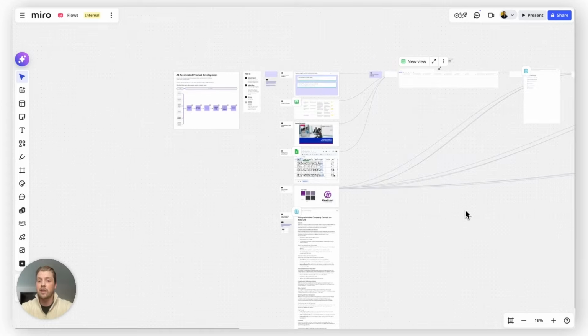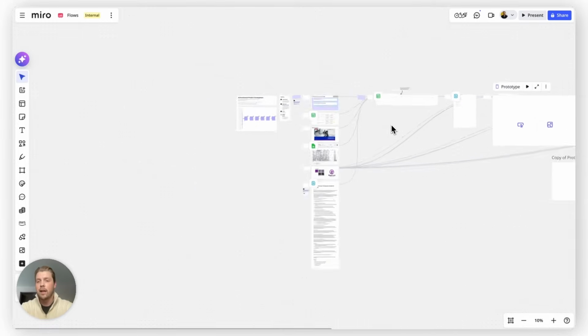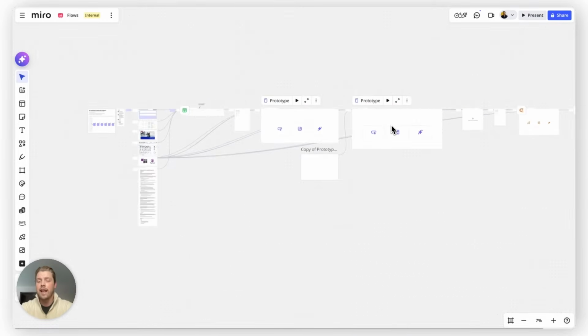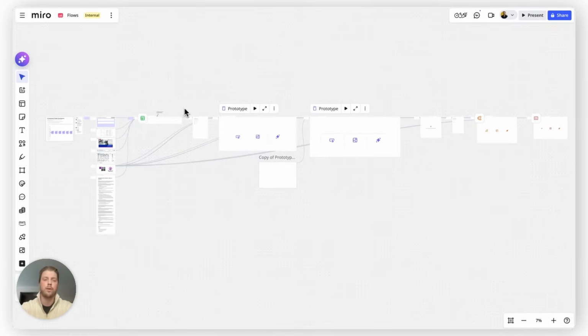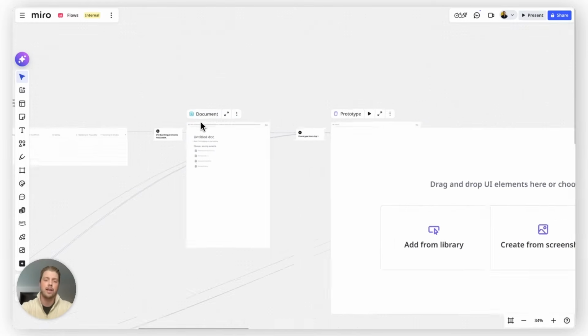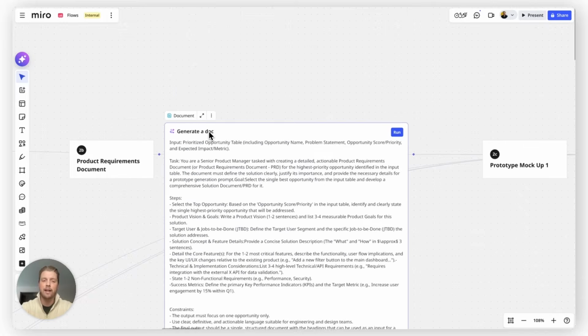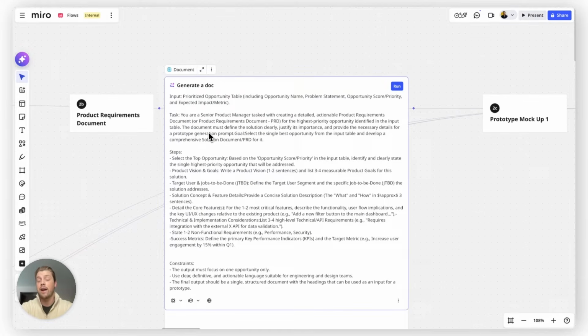And as you can see, I've started to connect those inputs to outputs. So if I just click this document, I can click the diamond connector and connect that to our table. And now if I zoom out, you can see that we have an 8-step flow that's been pre-built for us using Miro Flows. And each of these blank artifacts, you can see with flows, you have the ability to